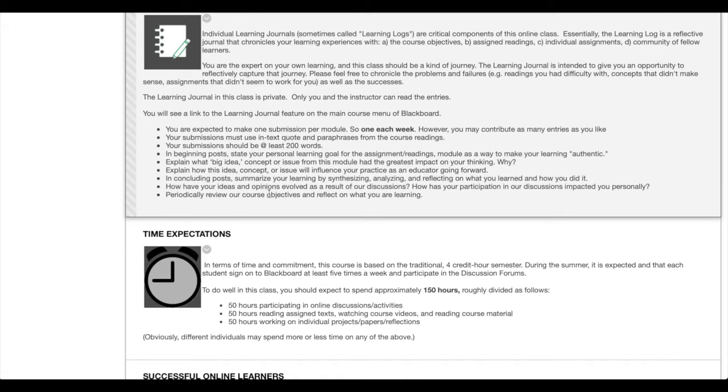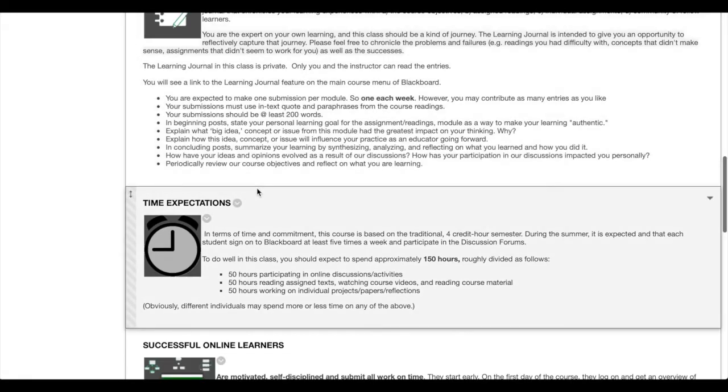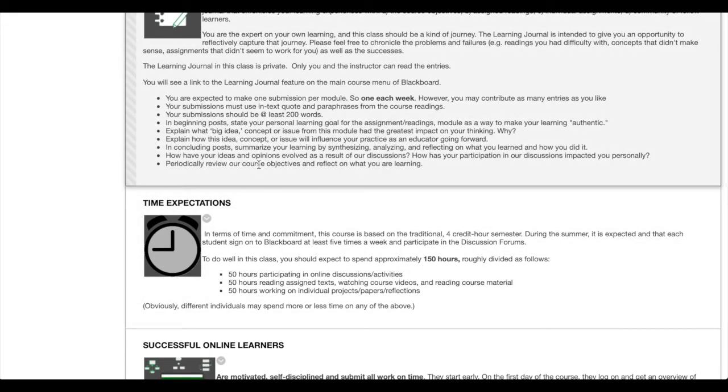And go ahead and you can see just how the other parts, like are you going to change your opinion of things, and how is it meeting with course objectives? So you can follow this template and you'll get through your learning journal very quickly.